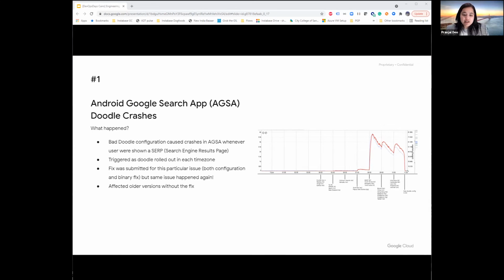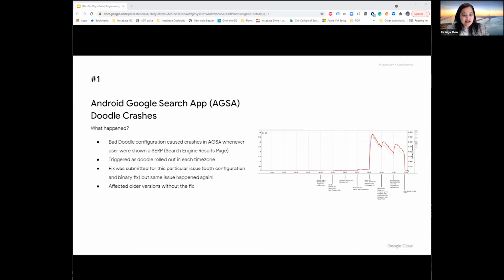Now, in terms of fixes, it took a series of steps to implement an all-round concrete solution. In order to fix the outage, first, the config was fixed and released immediately, but the error unfortunately did not go down right away. This was because, to avoid calling server backends, the client code cached the doodle config for a set period before calling the server again for a new config. So for this particular incident, it meant that the bad config was still on the users' devices until the cache expired.